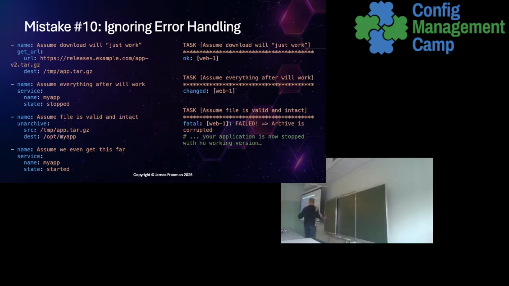That's great, except in an example like this, where we are downloading a tarball, we're stopping an app with the idea that we'll deploy it and then we'll restart the app. The problem with that is, let's say that that download is corrupt. Let's say the file doesn't come down completely, or the tarball was never good to begin with, something like that. By the time you get to the end of that task, you've already stopped the app. So end users have no app to connect to. Play stops executing there because it hit an error. The app never restarts, even if the code was never deployed. So it's left in a broken state.